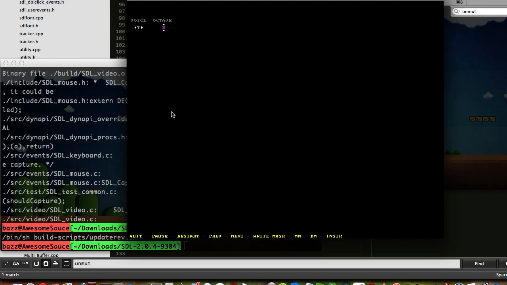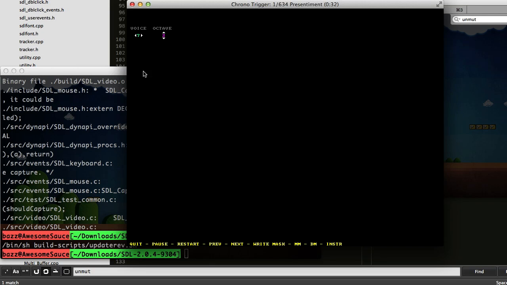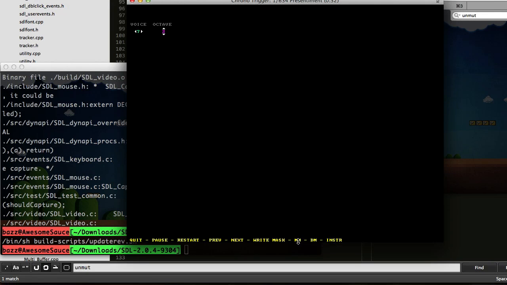Okay, cool. So that's how you can play with these instruments before you rip them. There should be a button on here to rip them too from the instrument menu. But if we go back to the main memory,